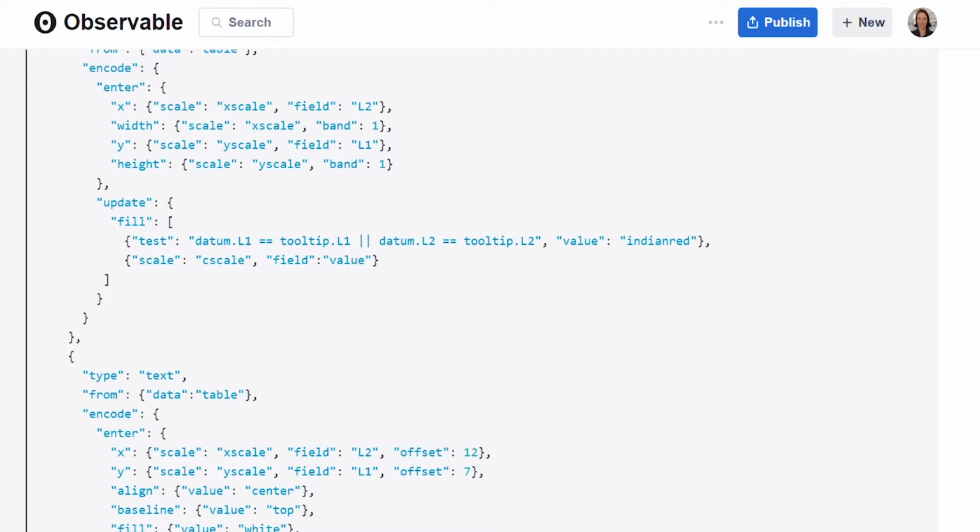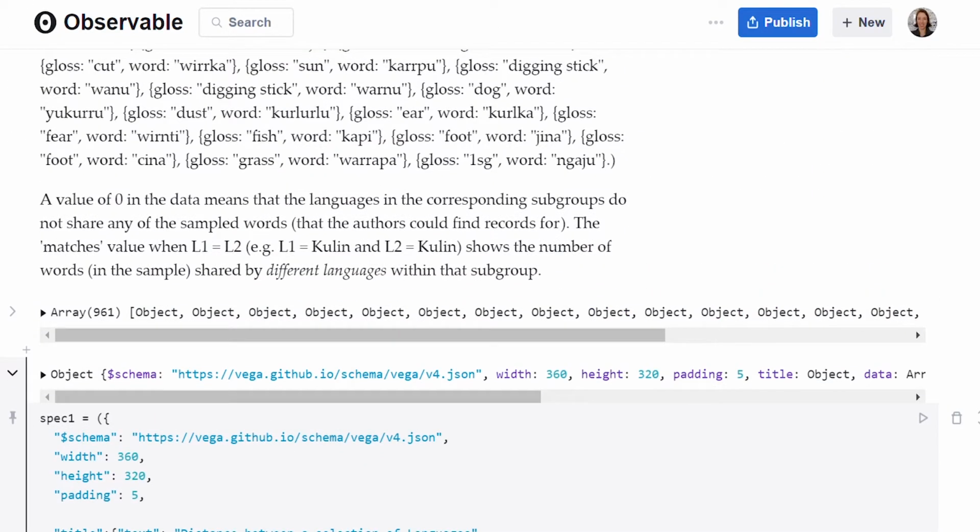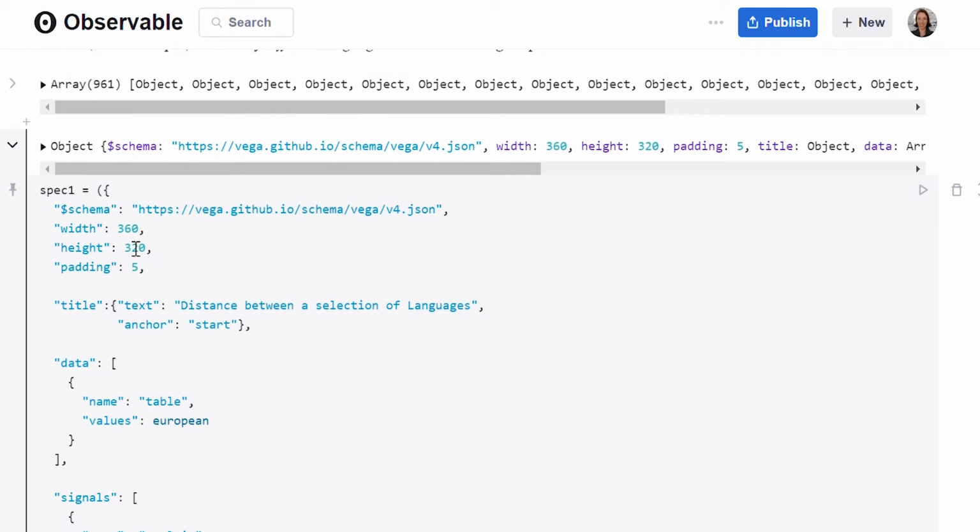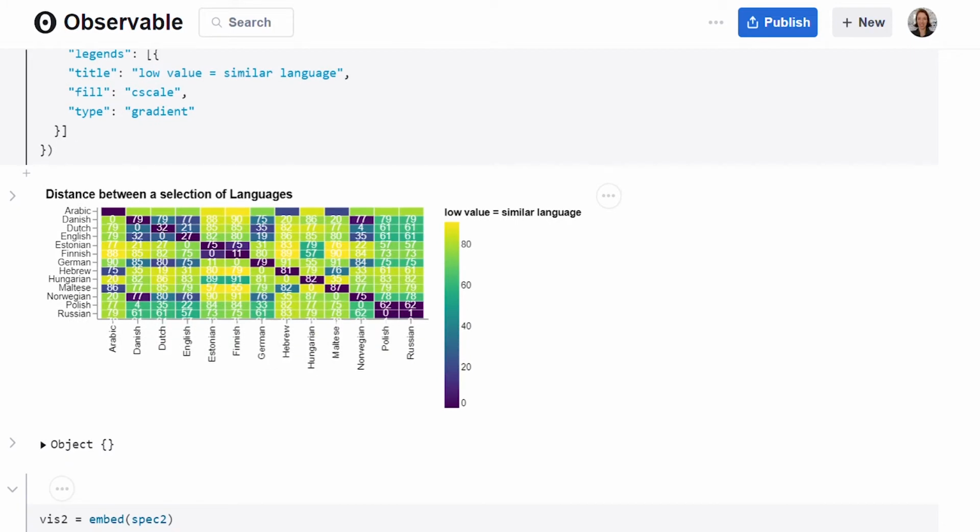If we changed the height property and made it a whole lot smaller, let's make it 120 pixels high, press Shift Enter, we can go down and we can see we still have a neat grid cell where each rectangle is just as wide as